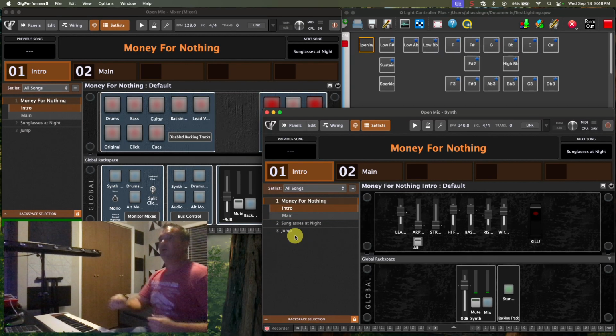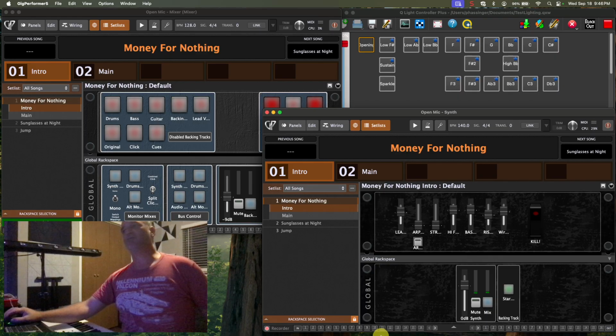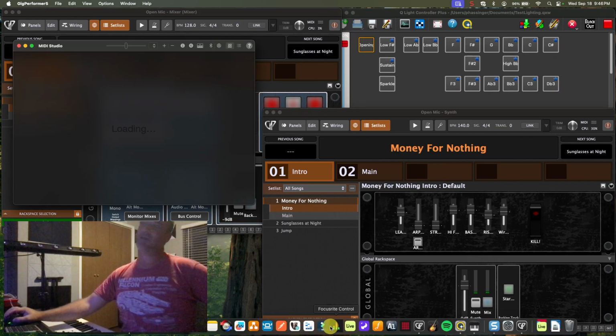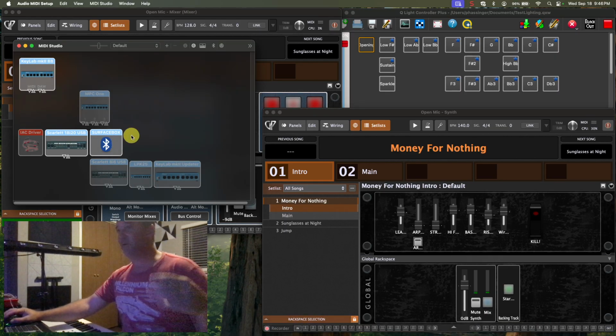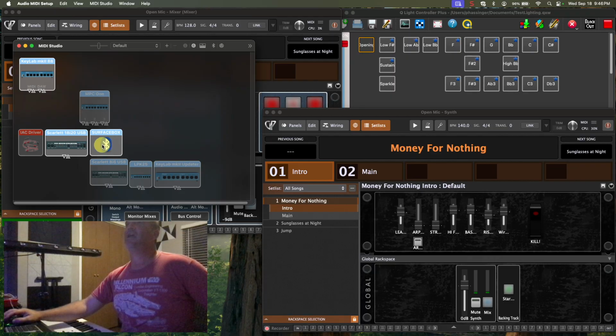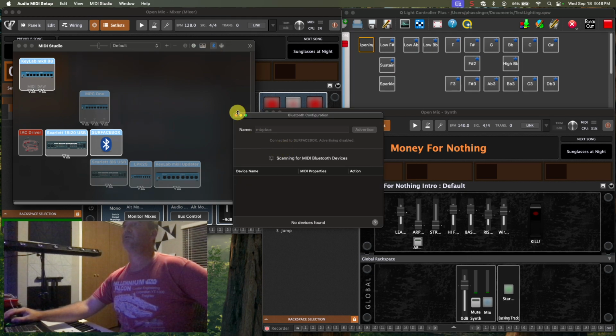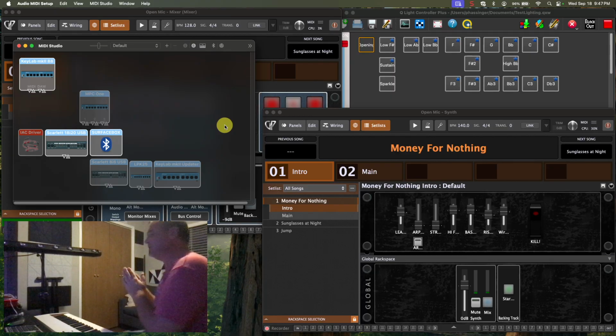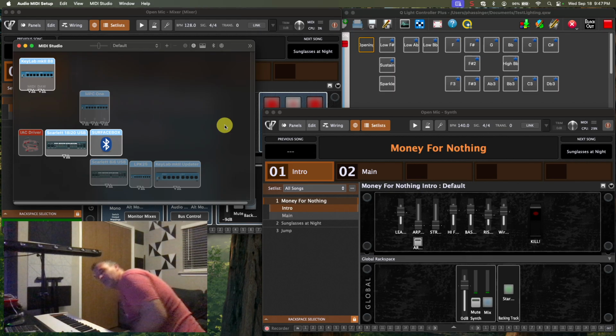Another thing I wanted to point out, so I had a little trouble with this, and I'm doing this on a budget, but I was able to get Bluetooth working to a tablet, so for lyrics. And so this is the audio MIDI setup, and I can go in and look. You can set up Bluetooth. Now this doesn't work all the time, and I'm doing it with a Windows tablet, so you have to remove it every time it's